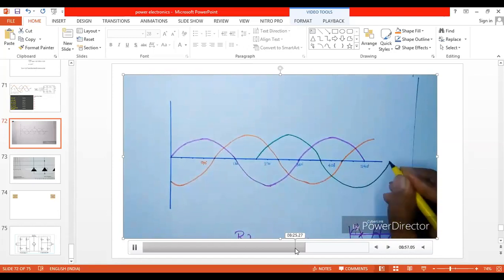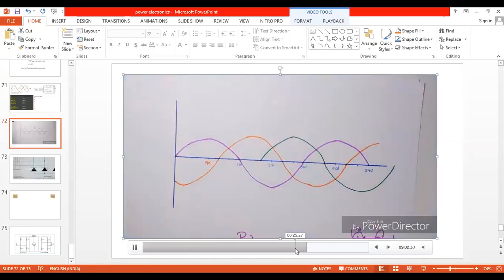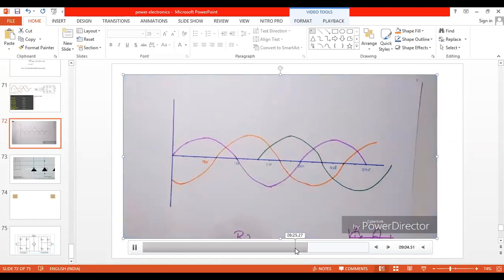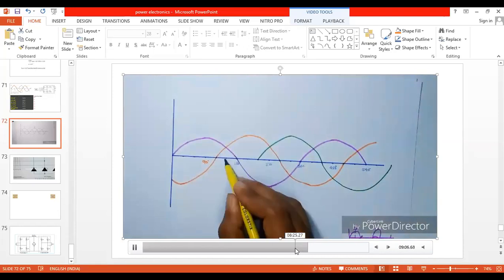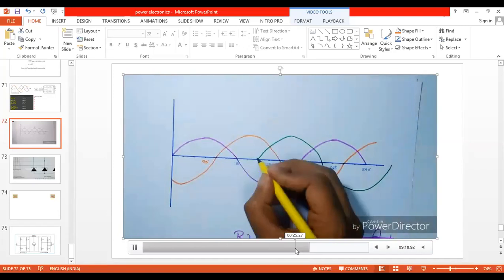Our topic is not three-phase itself, but still we'll take this introduction. Three-phase supply contains three different voltages which are displaced by an angle of 120 degrees. Now what happens if this three-phase supply is given to a full converter? In what way the current flows is our topic.